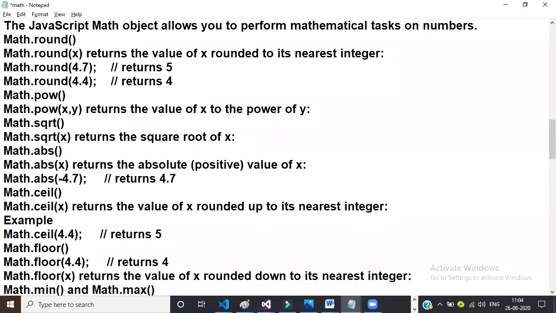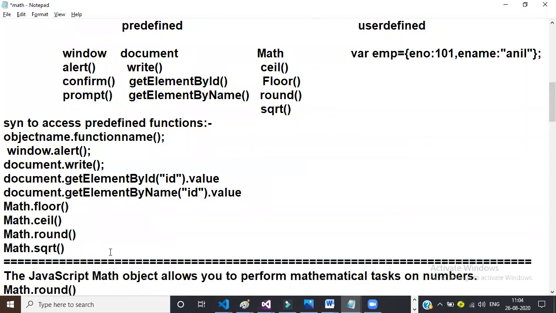Did you understand the object concept, variables and functions? If you want to access the functions, the object name is required. Objects are basically divided into two types: predefined objects and user-defined objects. Predefined objects are the window object, the document object, and the math object. These all are predefined objects. If you want to access the functions, you can access them by using the object name: Math.ceil, Math.floor, Math.round, Math.sqrt,